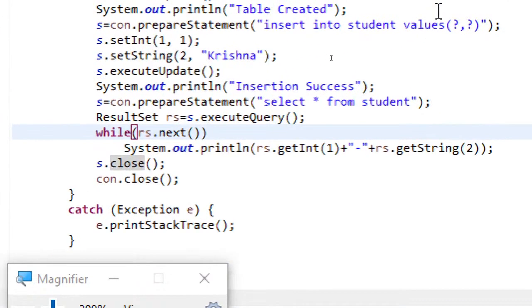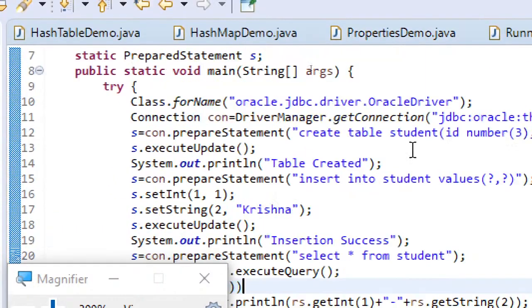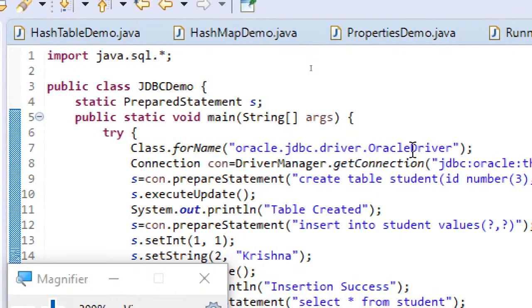So I hope everyone understood how to execute JDBC programs. First thing, if you already have Oracle database, then fine. Otherwise, as I have shown you, open your browser, type in the Google search bar Oracle 11g download, and download both the zips and extract them, and then you will see database 1 and database 2.